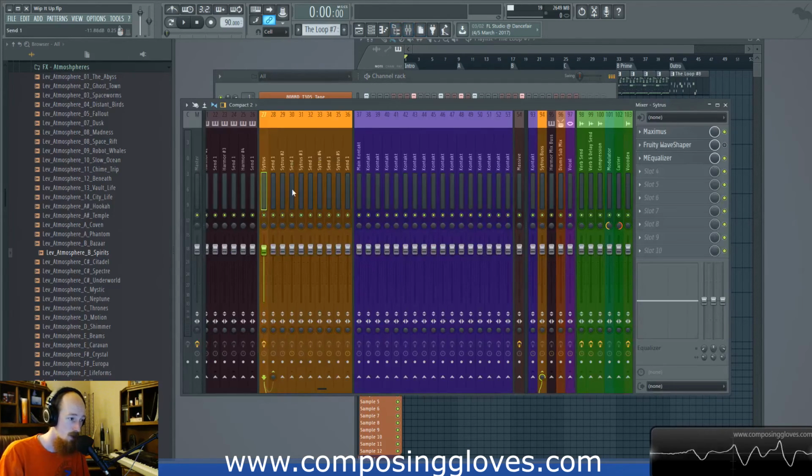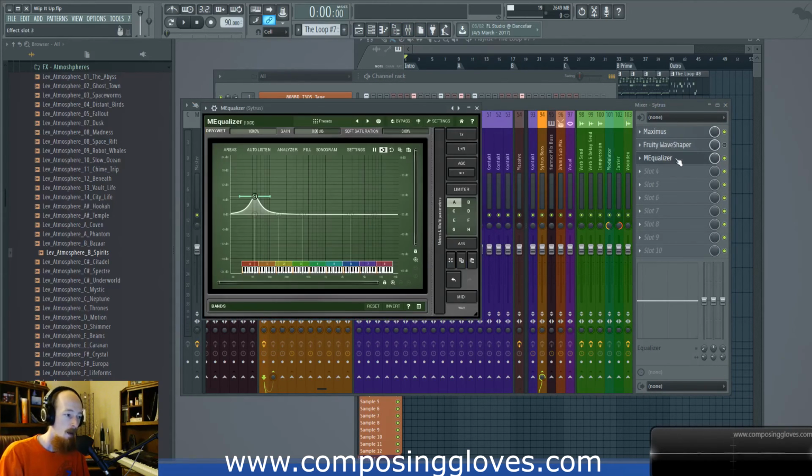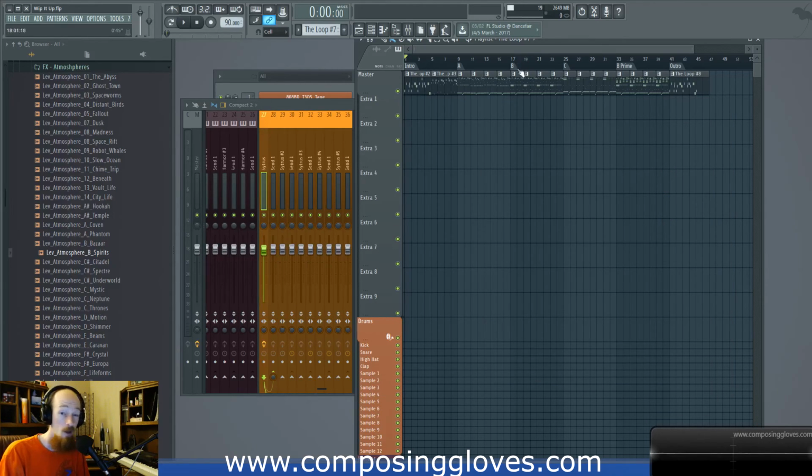But I was experimenting, trying out some different stuff, having fun, attempting to make something more interesting because I was messing with distortion. And you see, I turned it off because I was like, this is a dumb idea and all sorts of things. I like using the M equalizer with this sort of thing because it allows me to see the note that I'm using when I click. And I'm like, oh, that's so nice. So I knew I was in A minor. So I defined the scale I was in, the harmony I wanted to use. So I'm just going to go and use A as my bass drum. Like, so easy, right? If you have any questions, again, let me know.